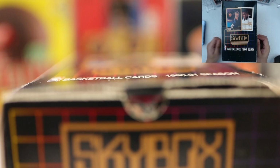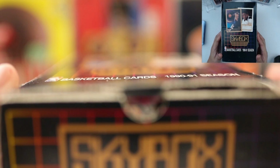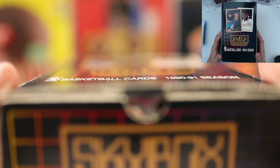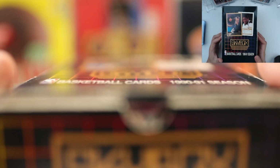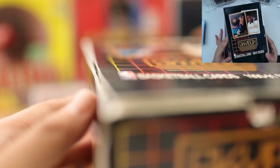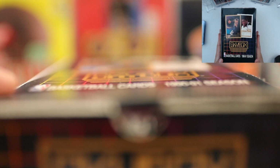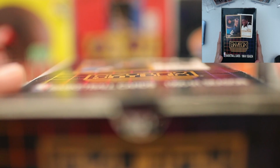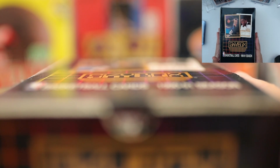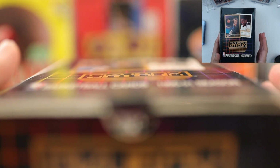From my previous videos, we unboxed this, the 1990 to 1991 NBA basketball cards Skybox. We pulled Magic Johnson, John Stockton, Clyde Drexler, all the all-time Hall of Famers. We pulled Charles Barkley. So we're going to continue going back to the past because it's fun. We're now going to break